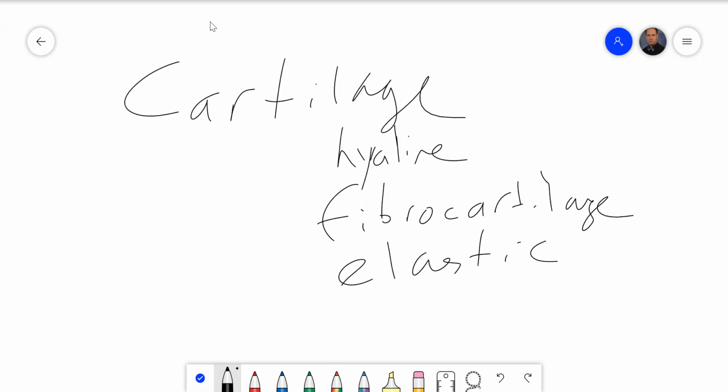Hyaline cartilage is very smooth. It means glass-like. It's there at the articular cartilage joints between the ribs and the sternum, the precursor to all